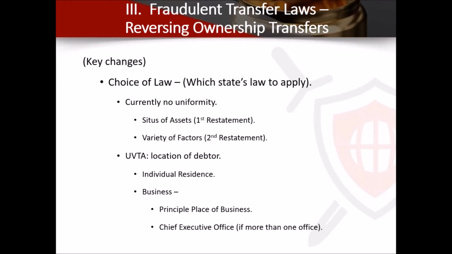And then that judge, if you go to Delaware, a lot of times, the Delaware law is going to be familiar to the judge. They're going to use Delaware law. Go to California, they're going to want California law. But it might not have anything to do with the case. So they made a very nice change in the new act with respect to the choice of law, and it's the principal place of business of the debtor, if it's a business. And if there are many places of business, a chief executive office, if you have to find one of many. And if it's an individual, it's their residence. So I like that. That created a lot of clarity to the choice of law issue.